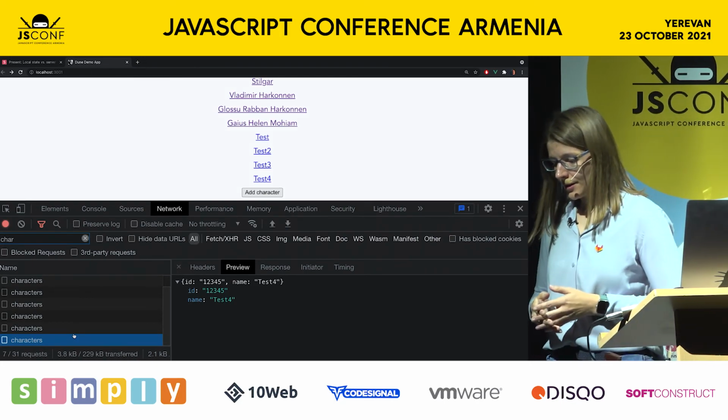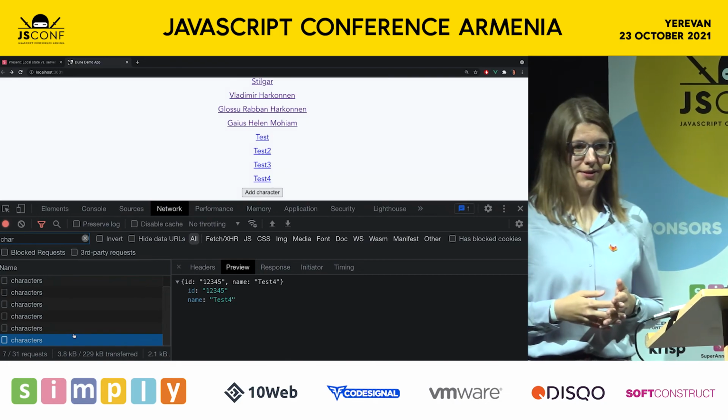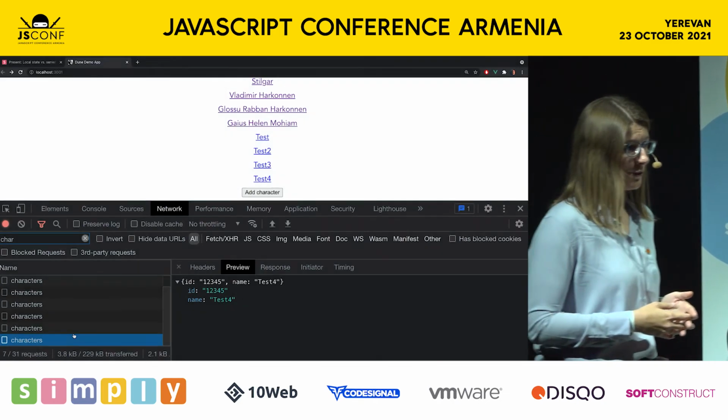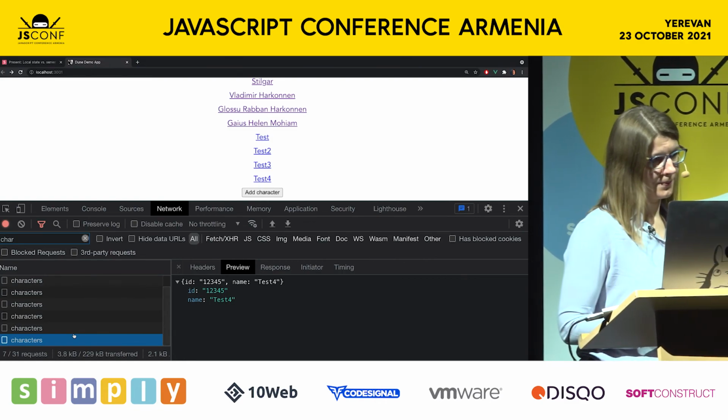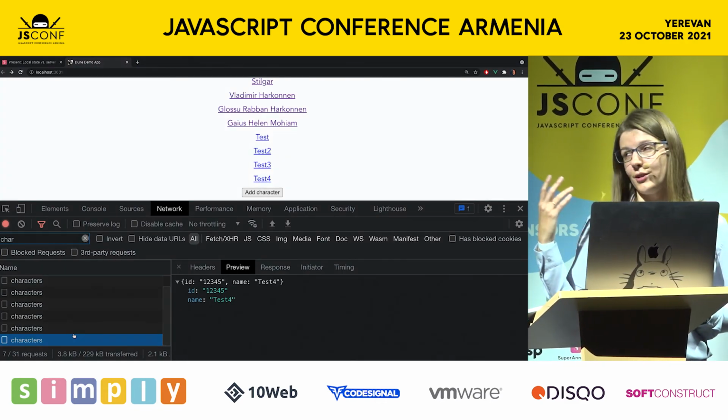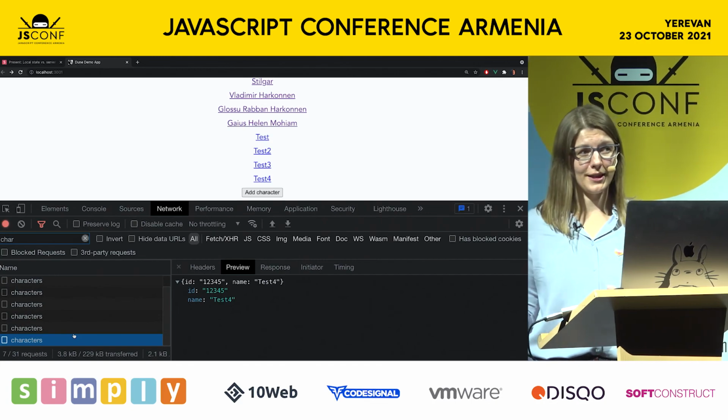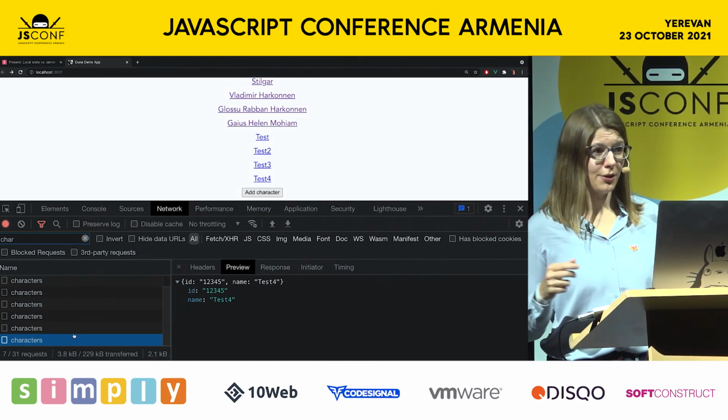This tool is designed not to replace Vuex, Redux, or anything, not to replace your local state manager, but to be an additional tool. So you can handle your async data with Vue or React query, and you can handle your local state